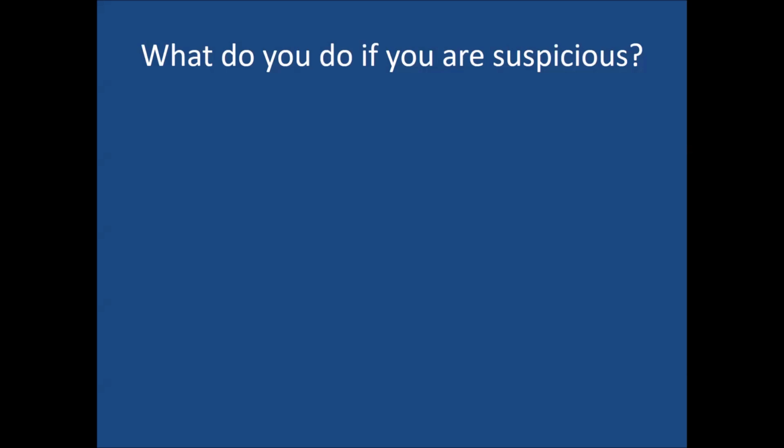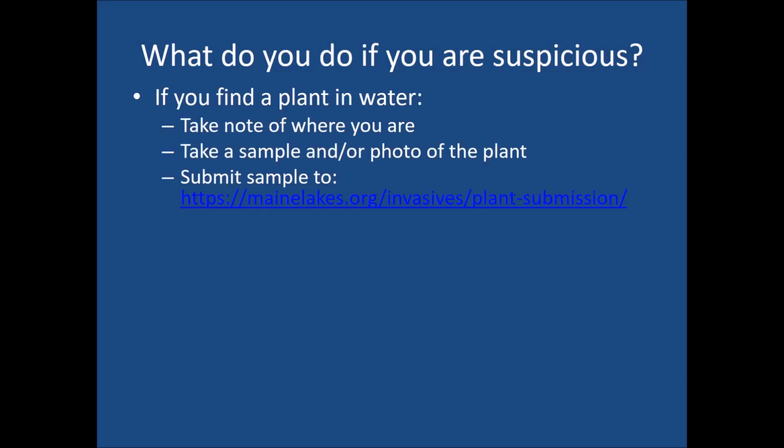Get help if you're suspicious, but no, if you find a suspicious plant, right? So if you find a plant in the water, so you're out kayaking or you're sitting on your dock or whatever, take note of where you are, take a sample, put it in a bag, and or I'm going to say a photo of the plant. And we have now added a little page to our website where people can submit photos of plants that they find. And we want the photos to be something that we can actually look at and determine what something is,